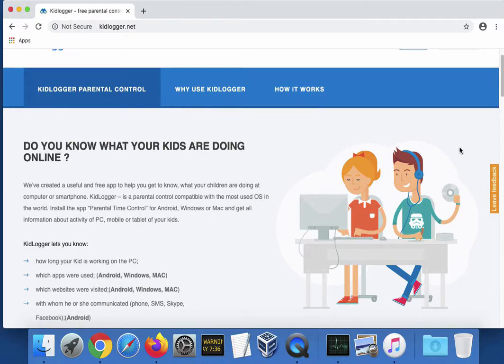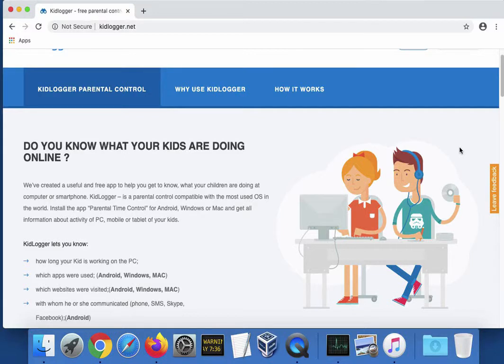Now our children are switching to online education and they are sitting at their computers for many hours a day. But what do they truly do at the computer? Only they know about this. And so, our KidLogger application can show parents what their children truly do at the computer. Of course, it will be useful not only during the epidemic, and also in our everyday life.